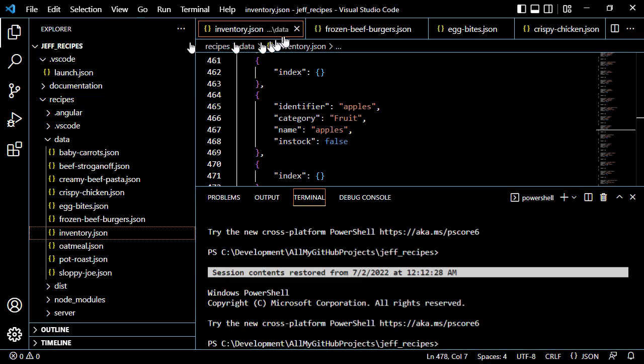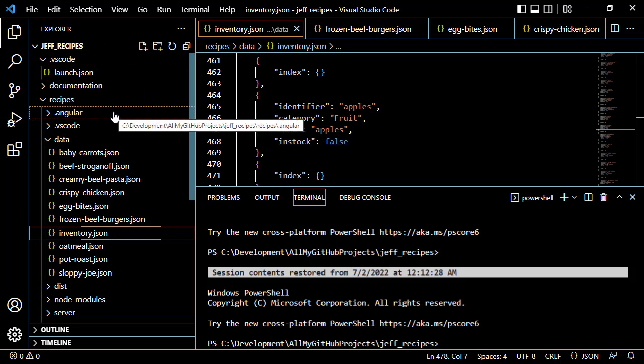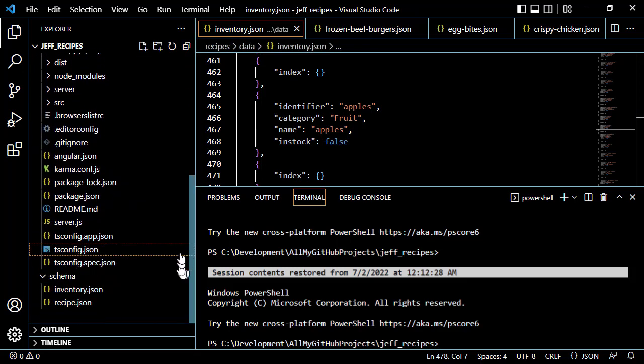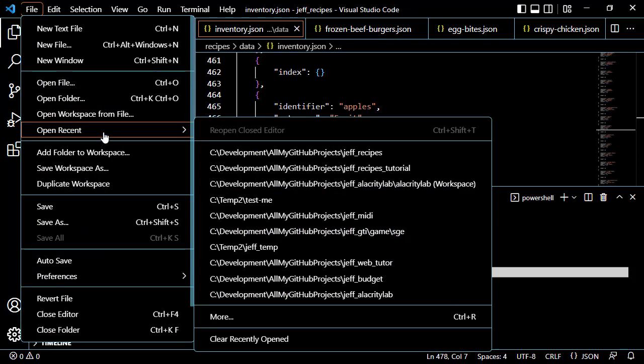So this Jeff Recipes is one that is partially completed, and the Jeff Recipes tutorial is the one that we're doing from scratch. So I'm going back to here just to pull some files I've already created and put it into our tutorial. So prior to doing this, I'm going to go very briefly. I think it's about time, so I'm going to switch to the tutorial